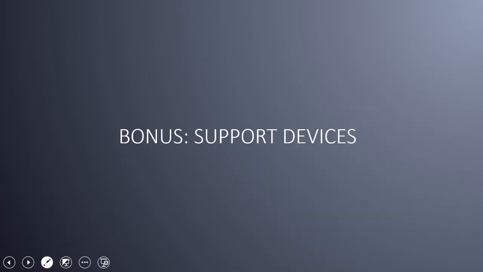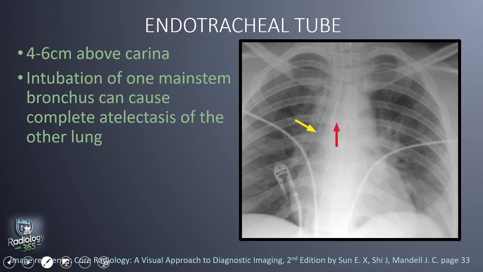Now we are going to talk about some supporting devices in a patient who is in the ICU. So first we'll talk about an endotracheal tube. We are basically talking about the correct positioning of these tubes. Now the endotracheal tube tip should be approximately 4 to 6 centimeters above the carina, with the neck in neutral